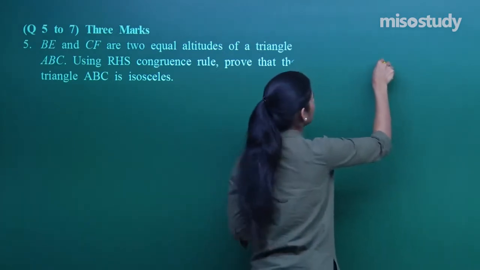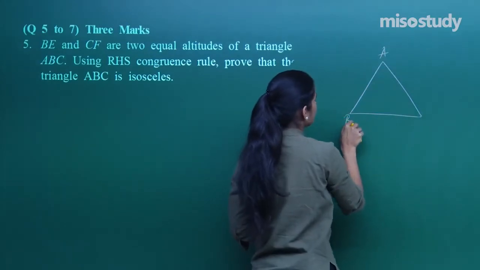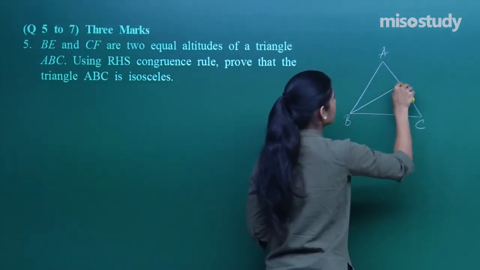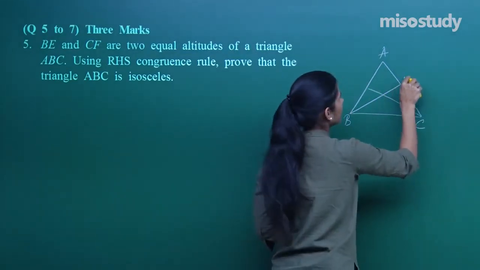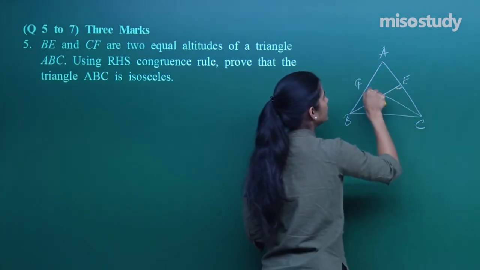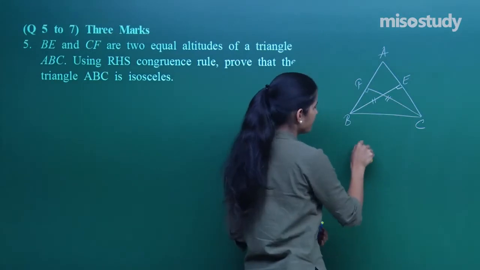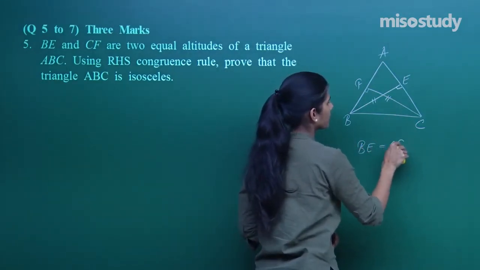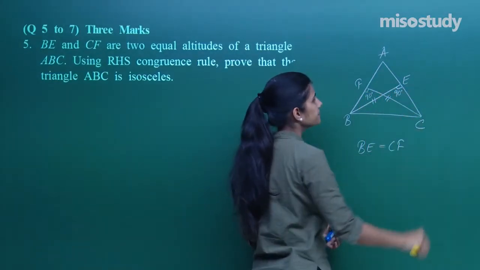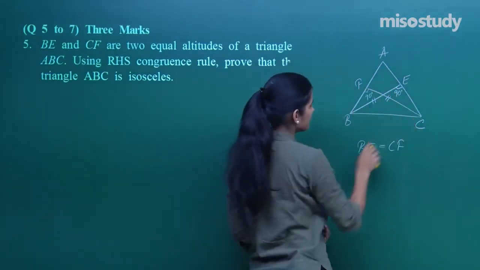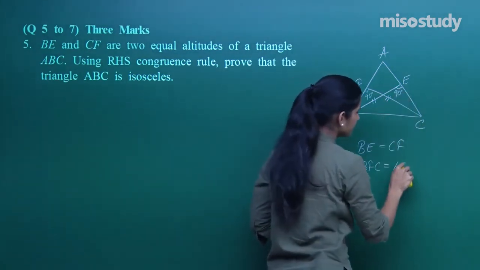prove that triangle ABC is an isosceles triangle. Okay, so we have a triangle. Say this is A, this is B, this is C. What is given to you? Read carefully. It says BE and CF are equal altitudes. Equal means whatever is BE, same is CF. Fine. This angle is 90. This angle is 90. So I have angle BFC is same as angle CEB,